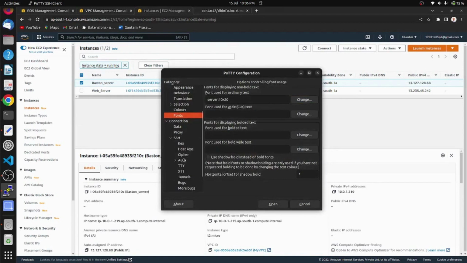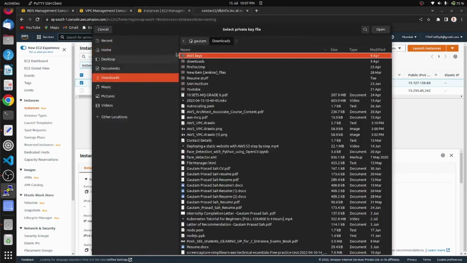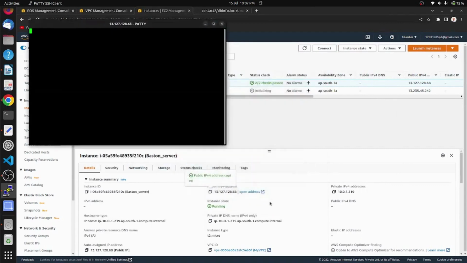SSH authentication, browse AWS keys, Mumbai.ppk file, open, accept, login as ec2-user,